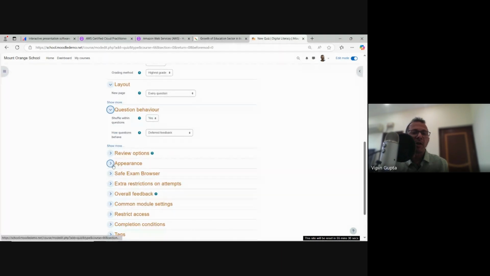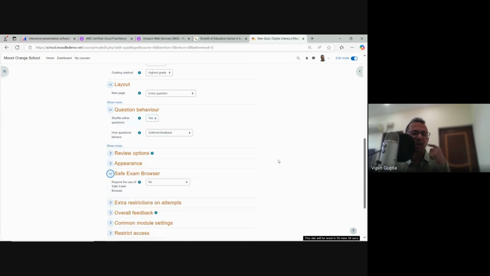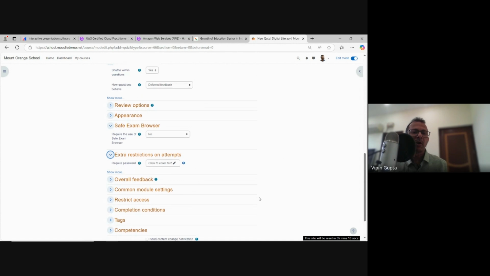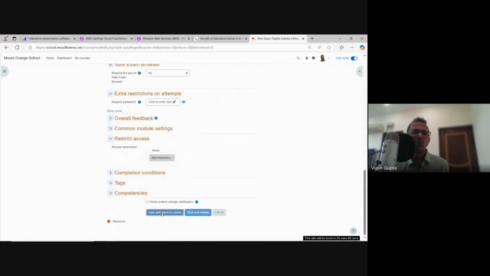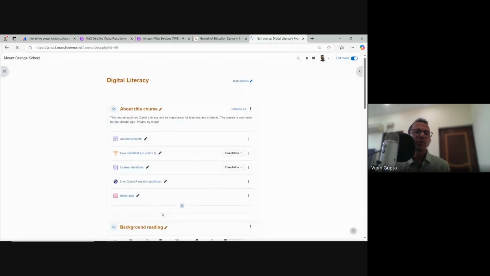Then appearance. And then sometimes what happens, when they attempt the quiz, they open another browser and copy paste the thing, so you can use this option also. Or you can put restrictions on the number of attempts that can be made, or you can restrict on the basis of IP address also. That means a lot of choices are available, but we just want to go save and return to the course. So it will create the quiz. So when we are going to click on this,